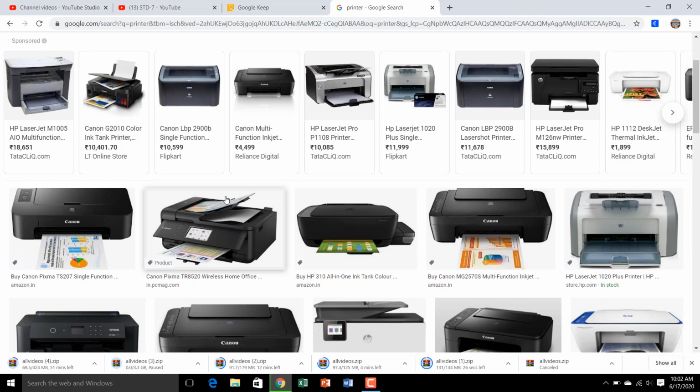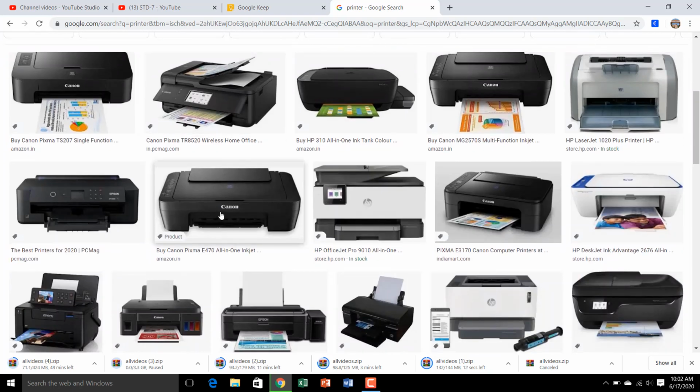So this is an output device. These are the different kinds of printers. There are some types of printers too, but we will discuss them later.